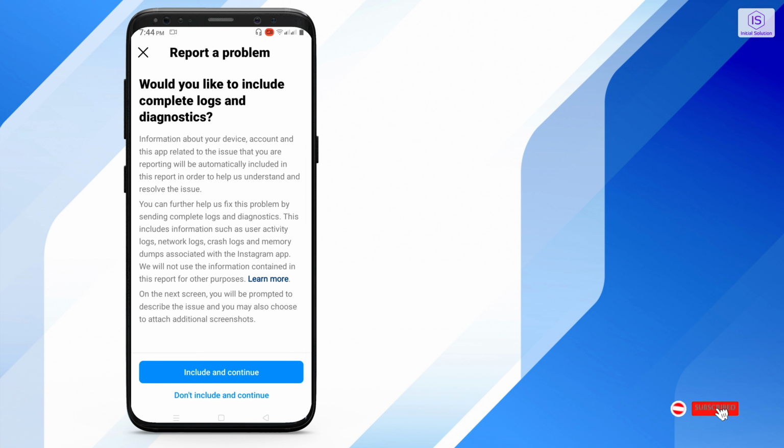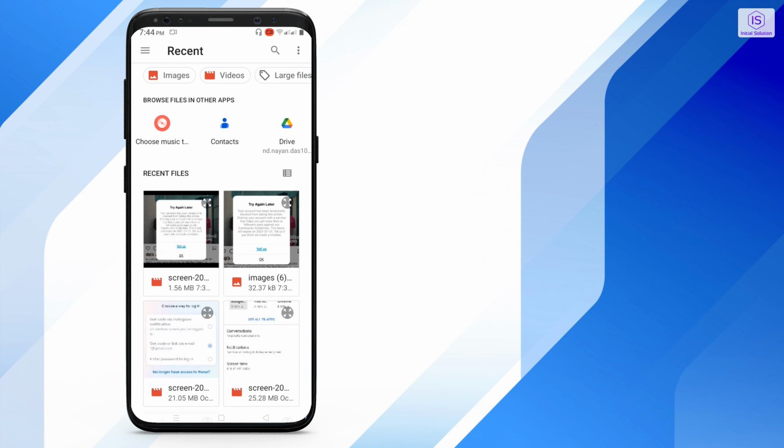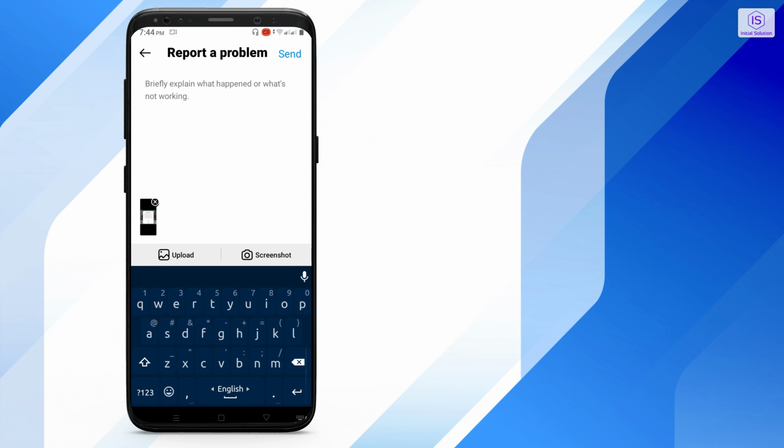So now you can go for include and continue. So just cut this photo and upload that photo. You have a screenshot before. Now you have to just describe here: hello Instagram team,